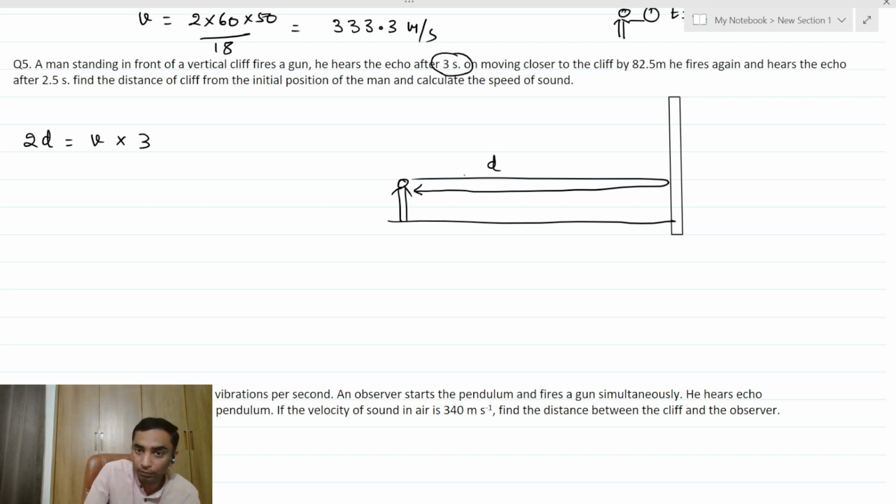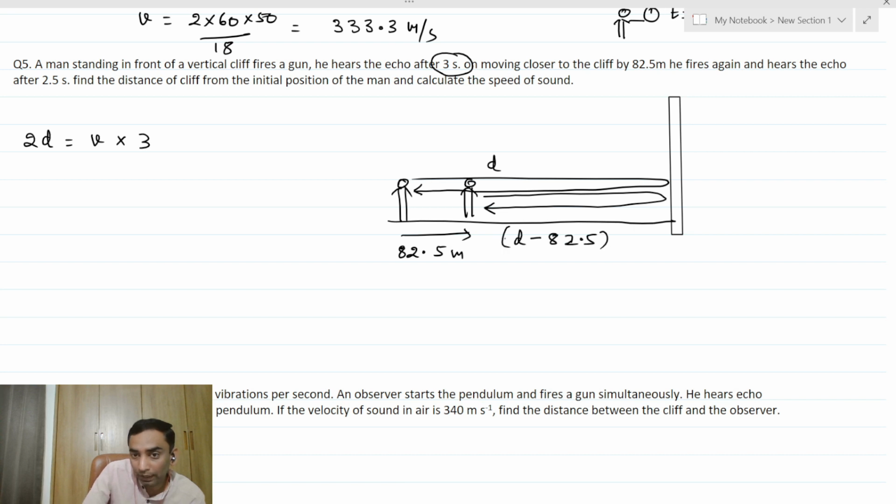Now he says that the person moves closer. So suppose he now goes closer by a distance of 82.5 meters. Now he fires a gun again. So now the distance would be this much. So it will be d minus